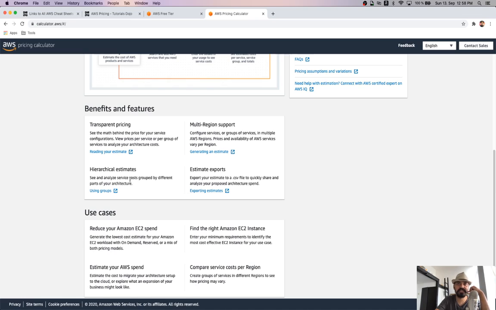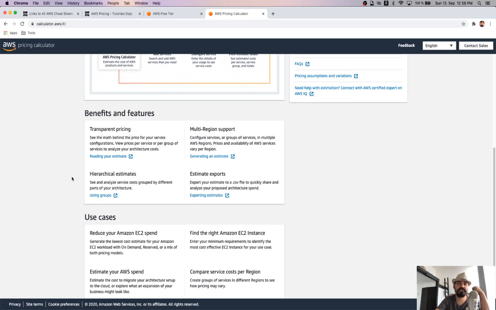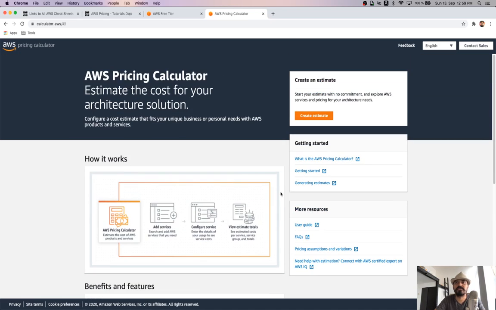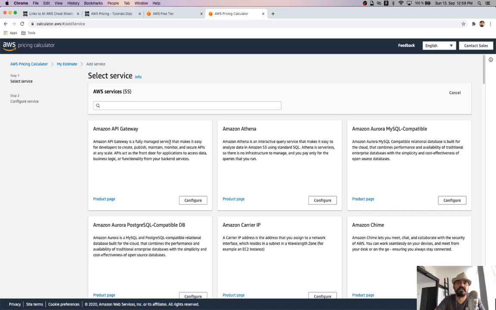And there are hierarchical estimates where you will have different parts of your architecture, like different components, a serverless component and other things, or an architecture where you have a database and components set up separately. So you can select all those services and define accordingly, and then you get a rough exact estimate of how much you're going to spend. And you can export these files in .csv, and then share it with your business partners, and then make a go to AWS.